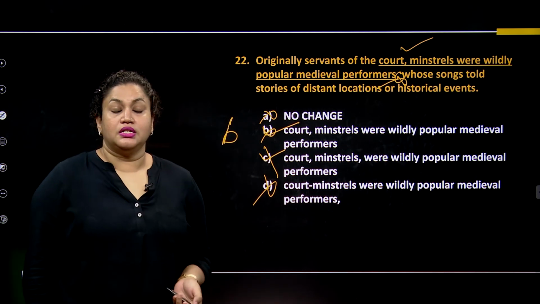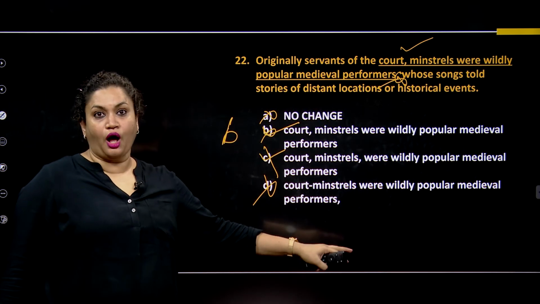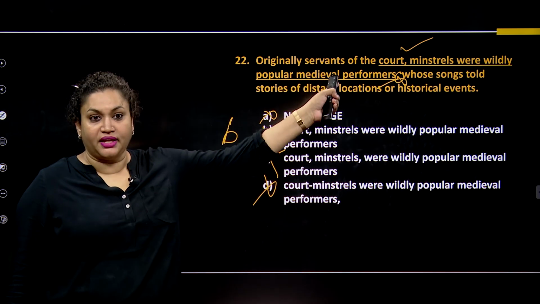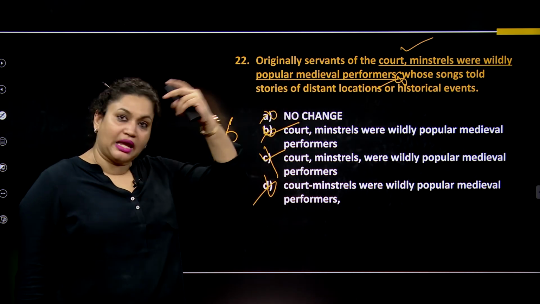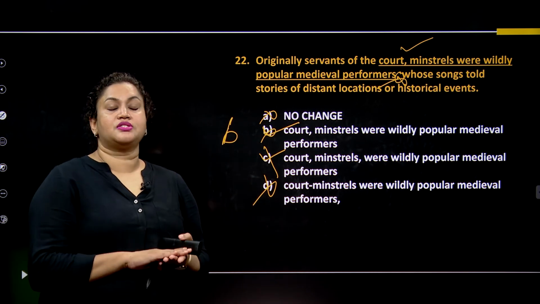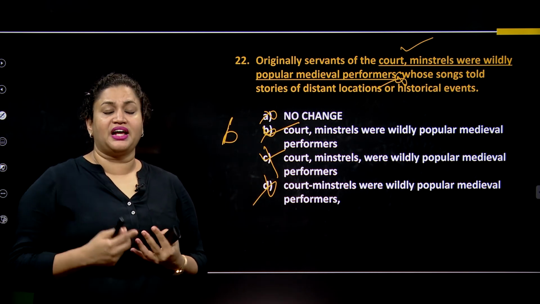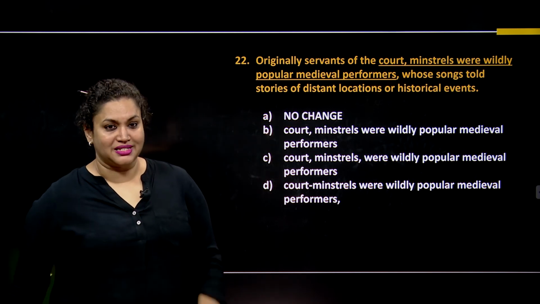Clear? Always try to correct the question itself. Then look at the options. If you don't find the error here, you will be confused when you come down here. So, that is the best way. You think about an answer and then go down and search the answer. Even if your answer is not there, find an answer that goes nearly with it. That will definitely help you find the right answer. Let's go to the next question.